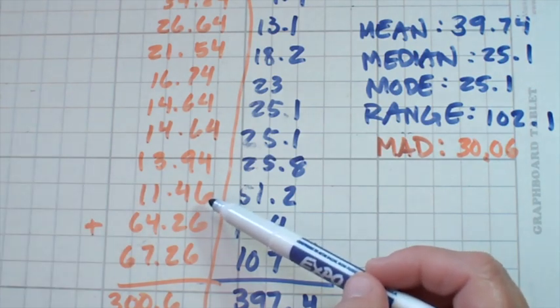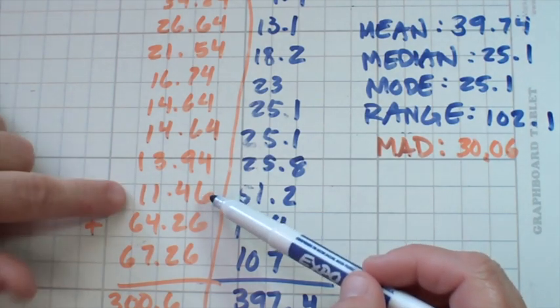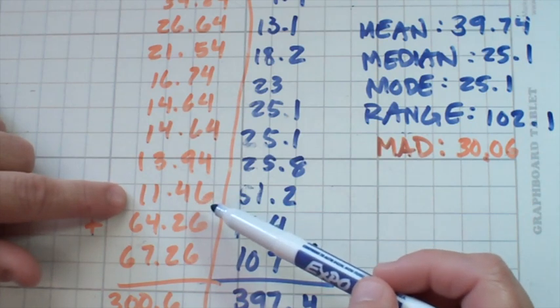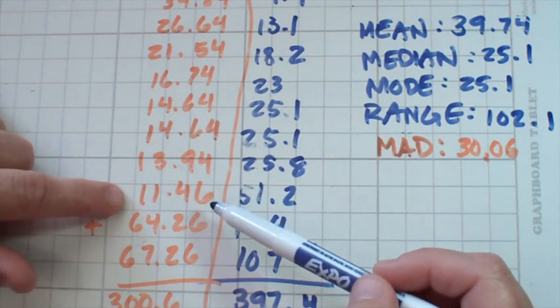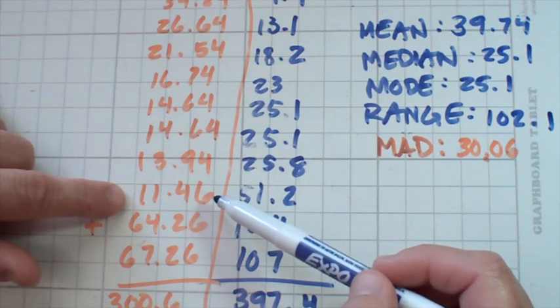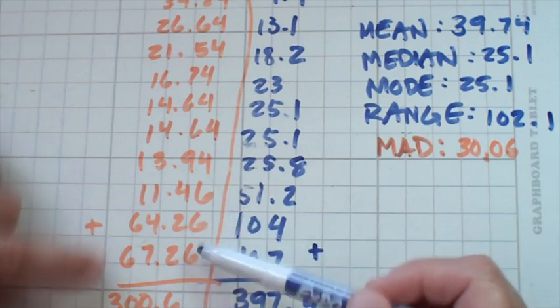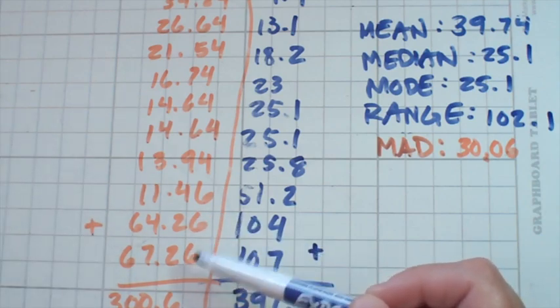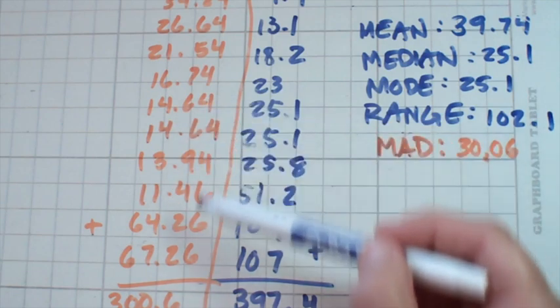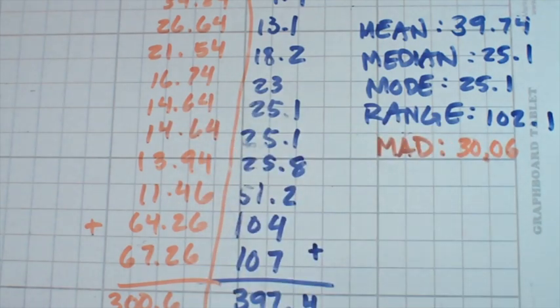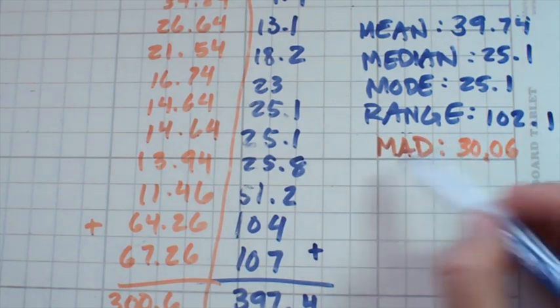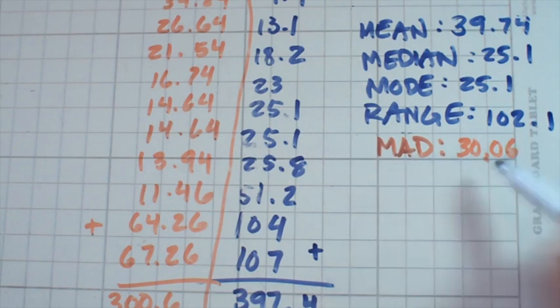I'm not interested in knowing if it was bigger or smaller than the mean. I just want to know how far away, the distance from the mean. See, another use of absolute value, and you thought it was useless. And these as well would have been negative, but we made them positive by taking the absolute value. And then I added all of these deviations together and I got 306. And then I divided 306 by 10, the number of numbers. So I get a MAD, mean absolute deviation, of 30.6.